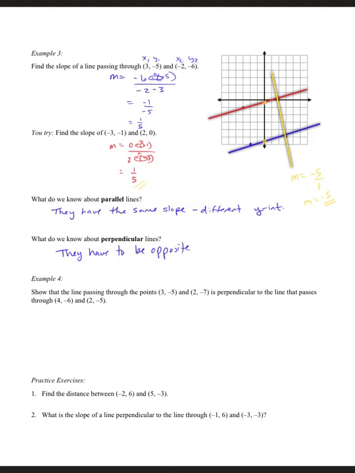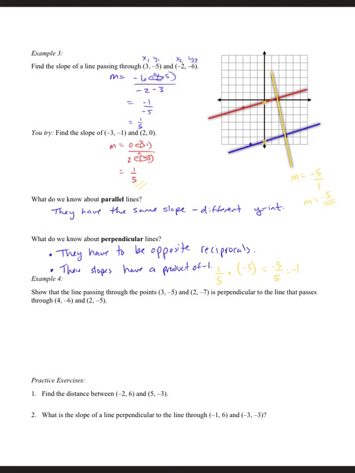The other important thing is that they're flipped over. So meaning here we have a 1 over 5, here we have a 5 over 1. We call that reciprocals. So they have to be opposite reciprocals. The other thing we could say about them is if we take these two values, 1/5, and we multiply it by a negative 5, we end up with a negative 5 over 5, which is a negative 1. All perpendicular lines, their slopes will always have a product of negative 1. So we could say this, or we could say their slopes have a product